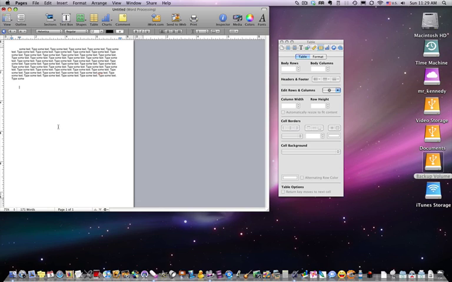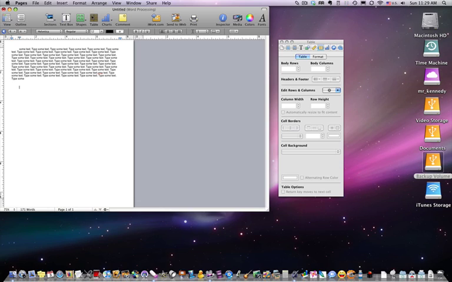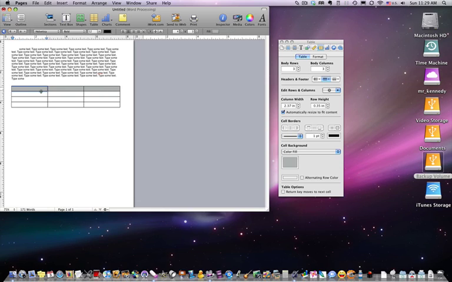Right now, what I need to do is add a table to my document. I can click on the icon here. I can also go to Insert, and there it is, Table. But I'm going ahead and click on the document. By default, Apple puts in three columns by 4 rows, and the top row is a header row that's already